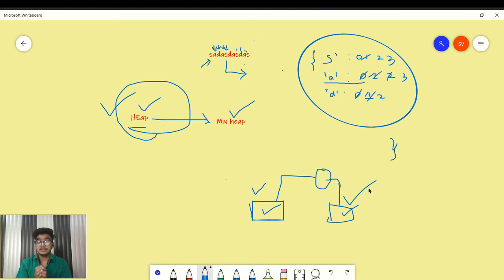So the thing is clear. Why do we use heap? We use heap in order to find the minimum frequency character.